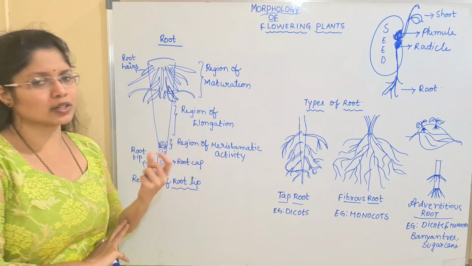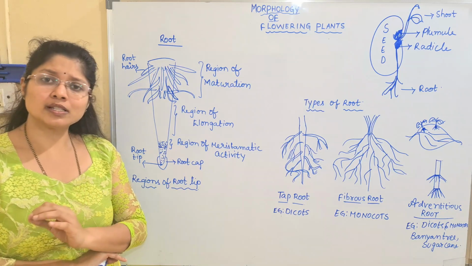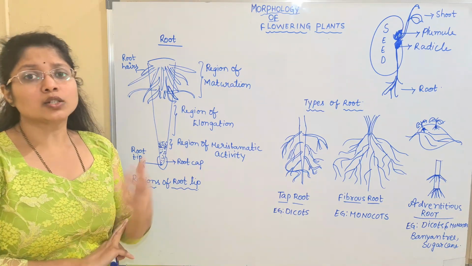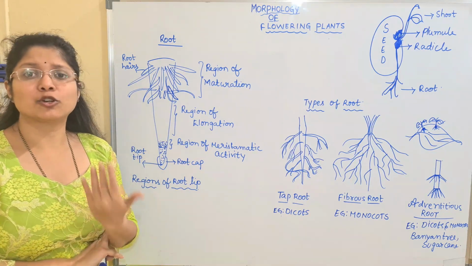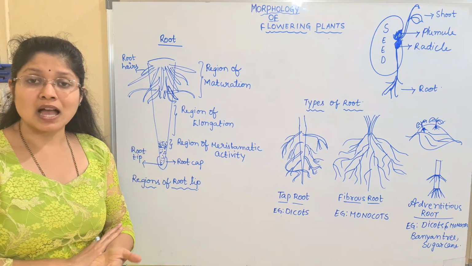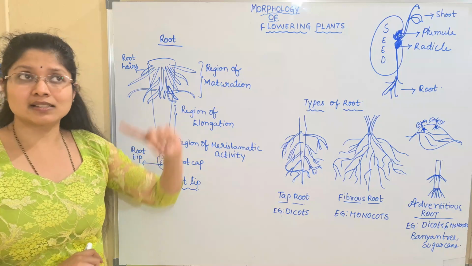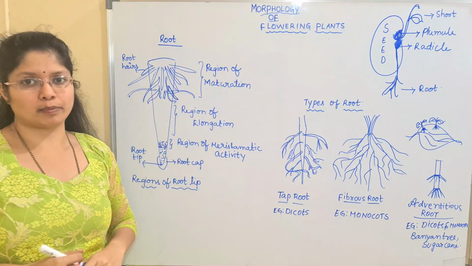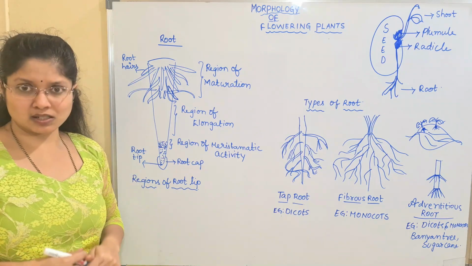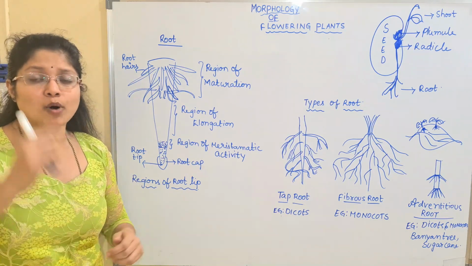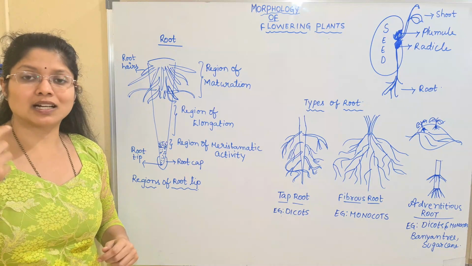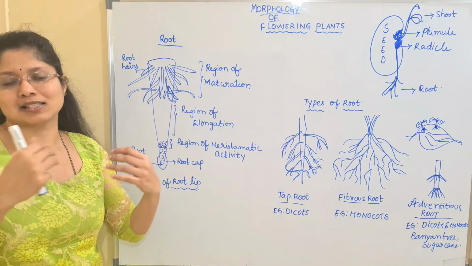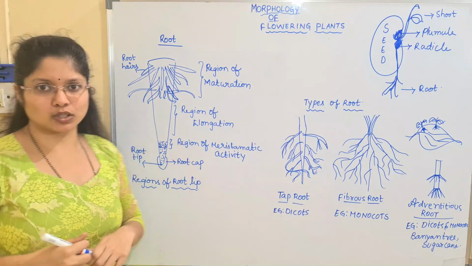So how is the root growing, children? The root is present beneath the soil and it is mainly growing towards gravity, so it is said to be positively geotropic. It is growing against the light, so it is said to be negatively phototropic. You have to remember these terms. The root grows positively geotropic, that is towards gravity, and negatively phototropic, which is against the light. Let us write the two terms here.